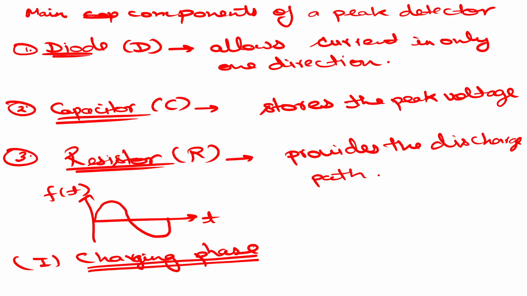I can just write it as case 1, case 2, case 3. So this is phase 1, where what happens is when the input voltage rises, because if you see this point, the input voltage is rising here, and then comes the peak. That is the second phase. So in phase 1, when the input voltage rises,